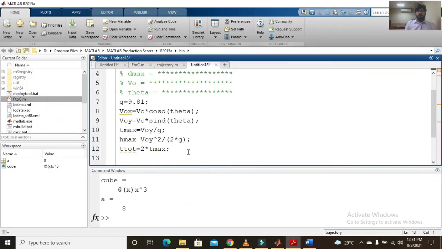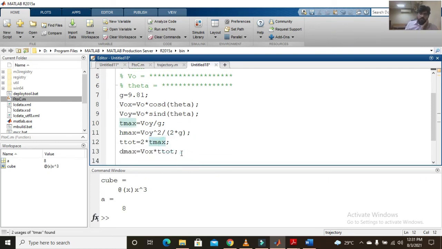Then D max is equal to v naught x multiplied with T total. So these are the four formulas which I have used over here.